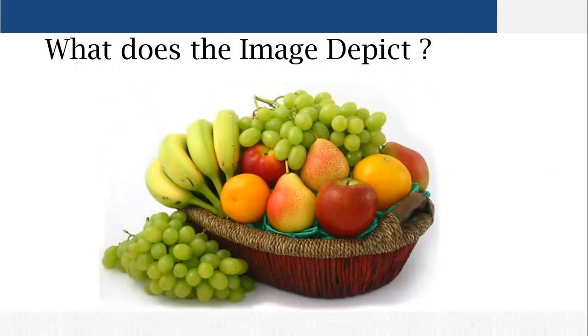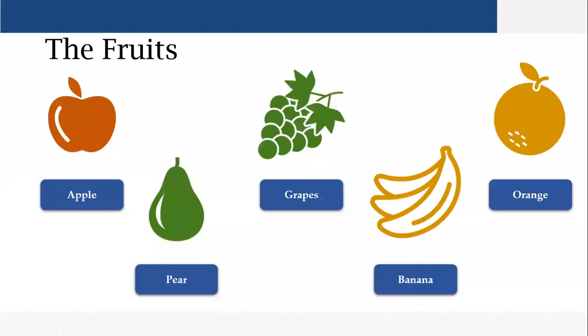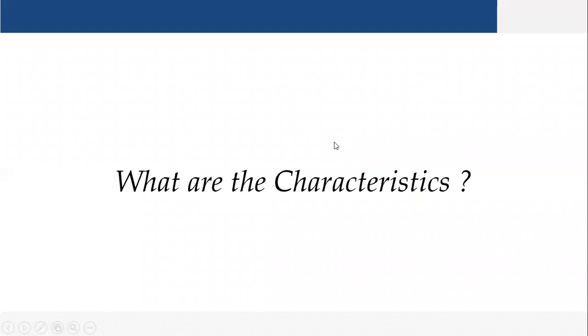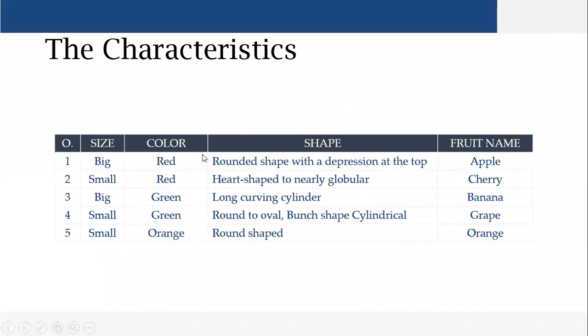Now, if I want a computer to understand this, I have to use the same logic. I have to make the computer understand this. So what I have to do is give that computer images. These are all the fruits, like I mentioned, with the shape and the size. Those are your characteristics. Like you said, it is red, it is round shape, it is heart shape, this is cylindrical, this is round and oval, it is green colored, it is small. So these are the characteristics of each of these fruits, based on which you are able to distinguish the apple